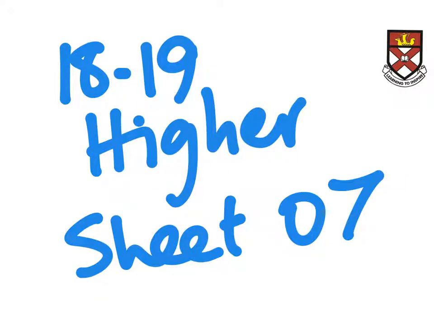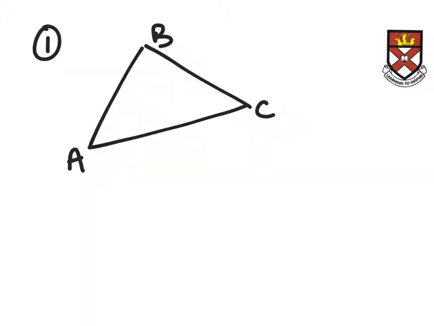Okay, here we go with some hints for sheet 7. Sheet 7 is heavy on the vectors side. Okay, the first question, we have a triangle, and the first thing that we're asked to do with that triangle